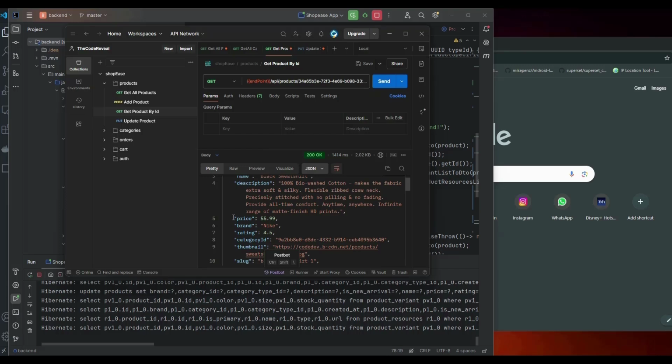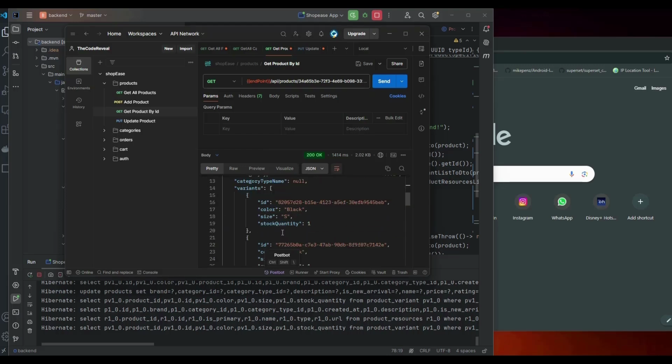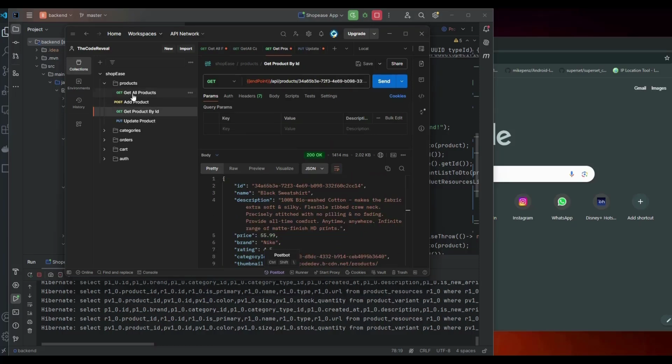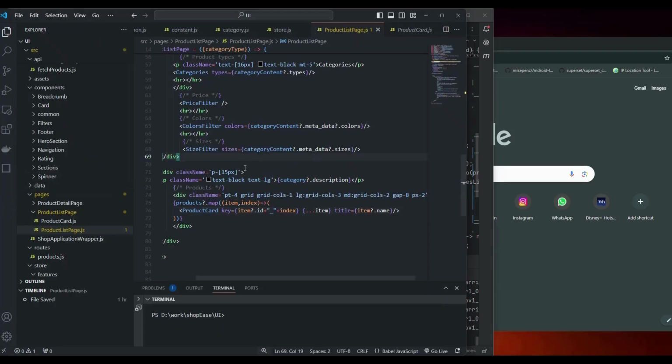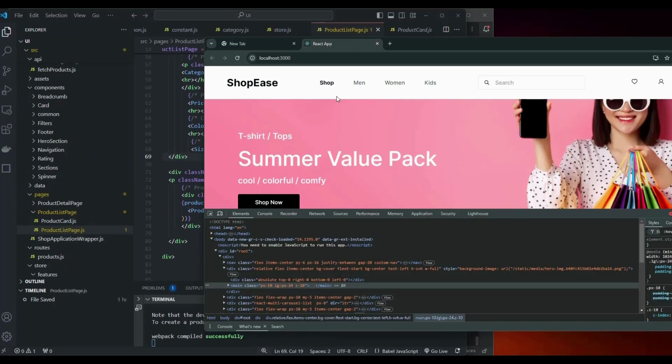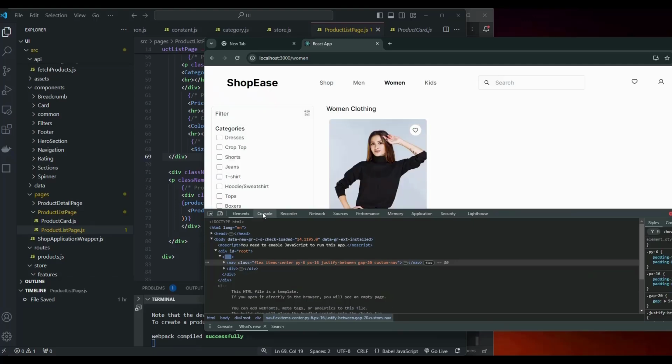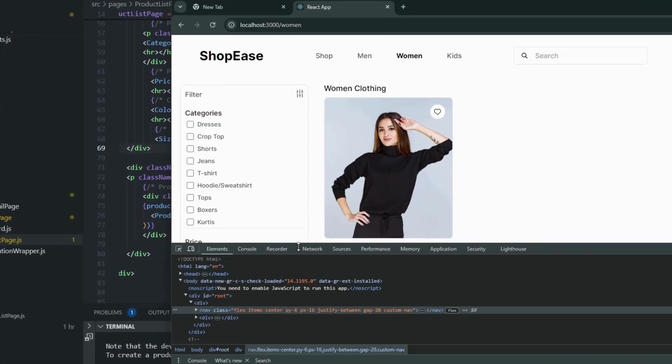Yeah, we see the price gets updated. So this is the request for product by ID. Now let's integrate this product request with the UI. So now on the UI, when we go to women category,